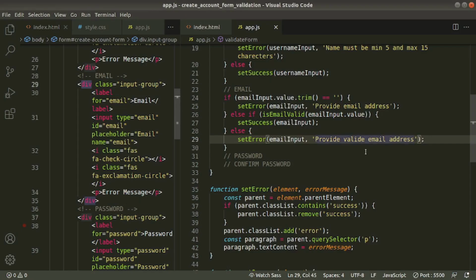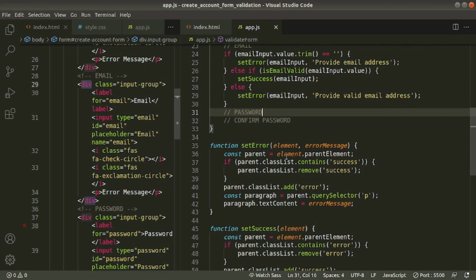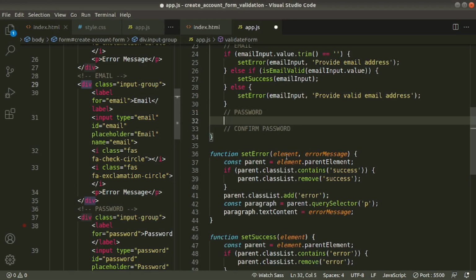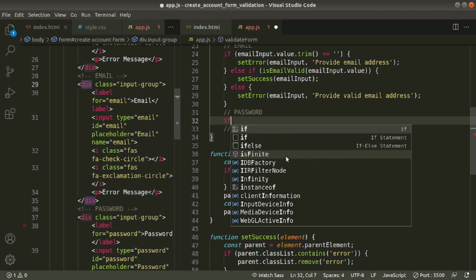Here remove it. Now we'll validate our password input field. Okay, first we'll check if it is empty or not.